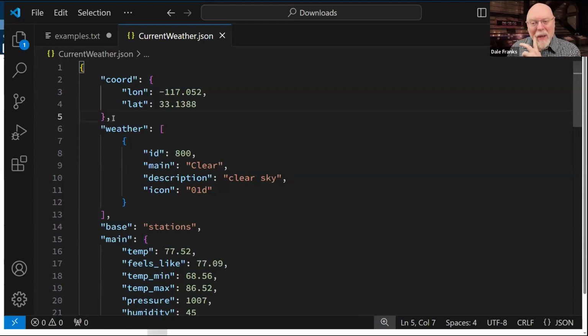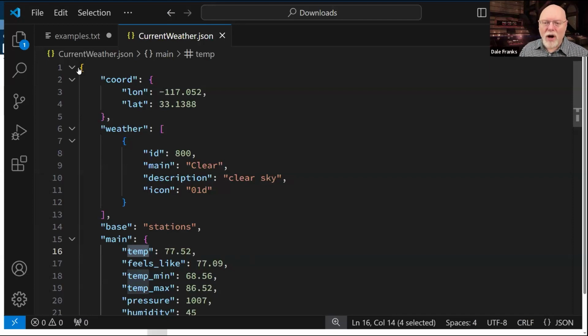And if you have it formatted the way that I have it formatted, the number of indentations tells you how many dots deep into this you're going to have to go. So once again, let's go back to temperature, which we decided has to be the temp attribute of main. So how do I get here in JSON syntax? Okay, well, I've got star dot,